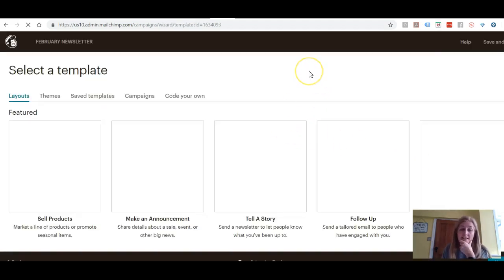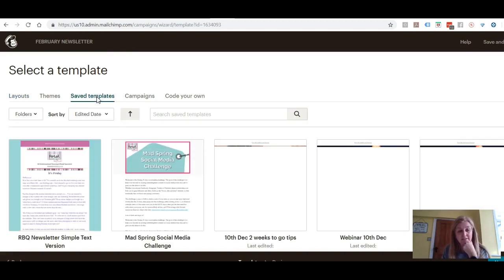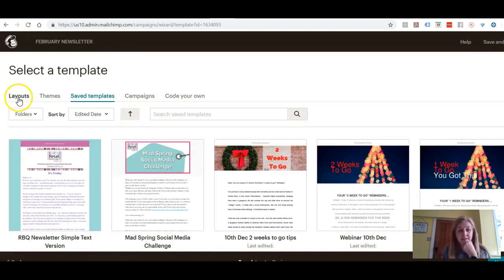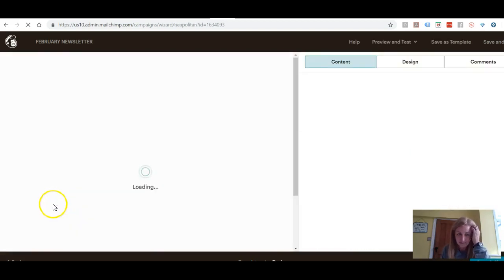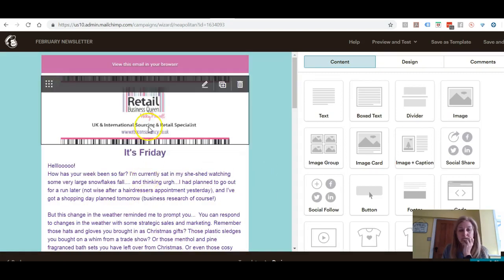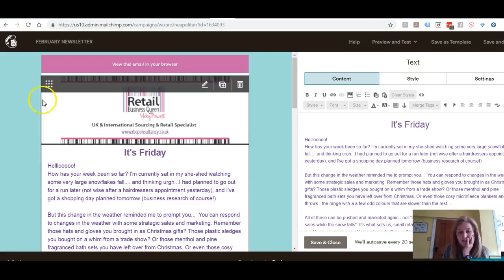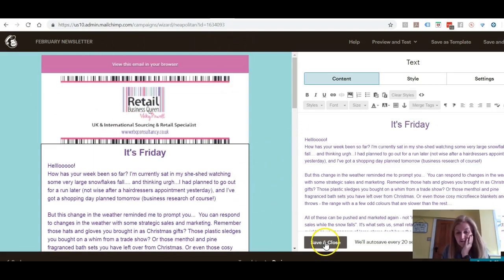This is where it can take time, or you can get someone like Christina, my VA, to do a save template. So here's all my templates. But easy peasy lemon squeezy, there is my newsletter there. And then to change any text, you just click on this bit here, edit block, you can change it. So let's pretend that I've created this email,